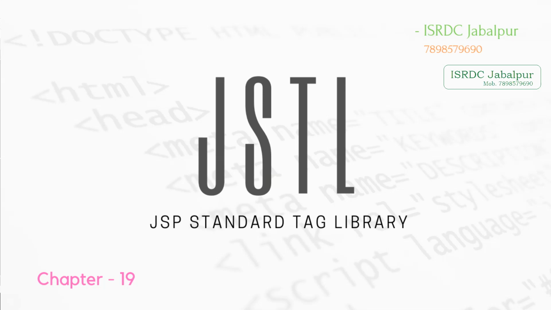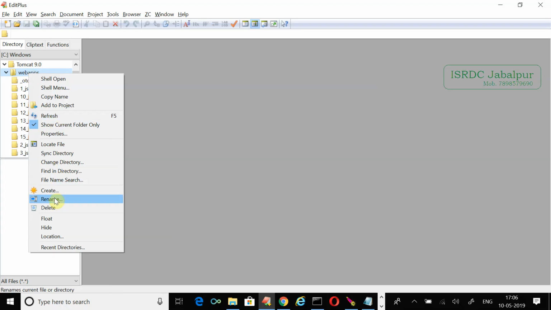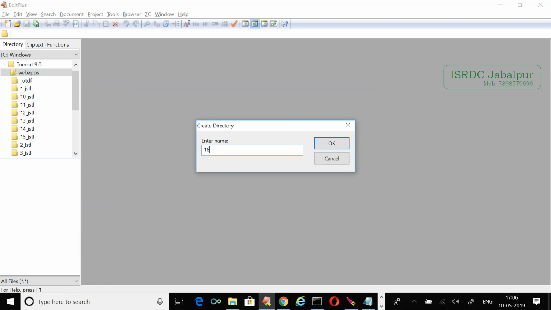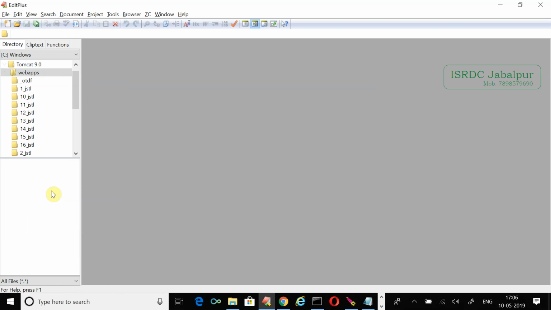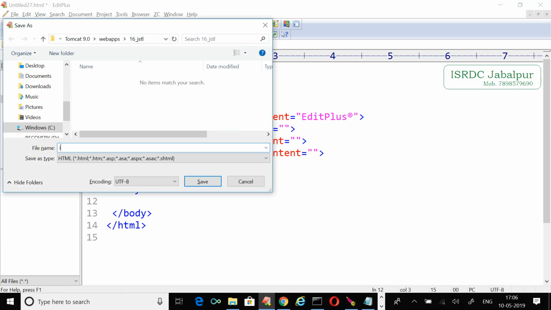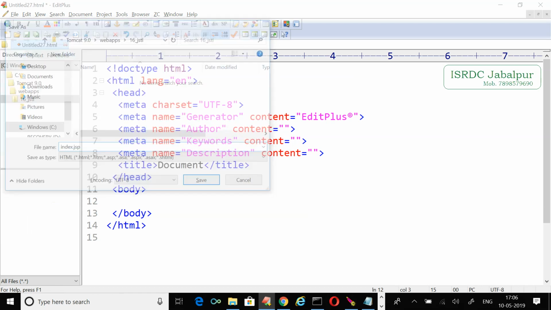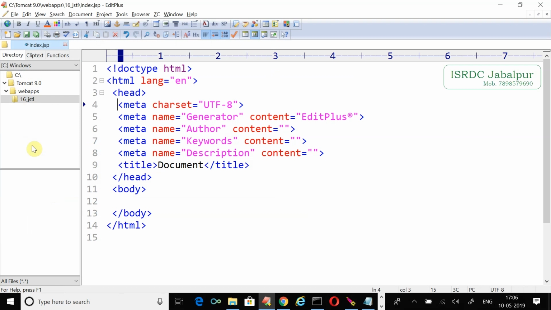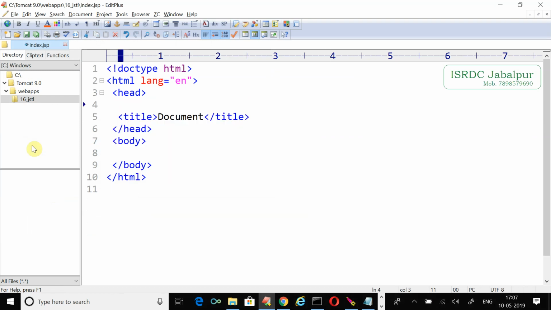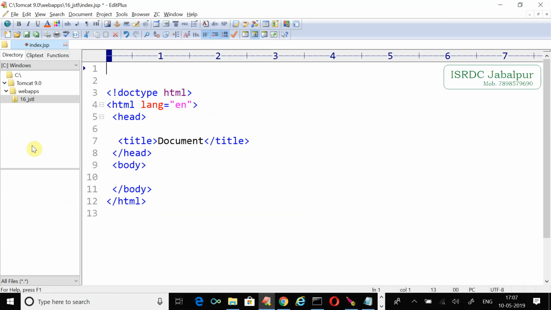Let's create another example. 16 JSTL. Open this application folder and create an index file, index.jsp. Now, before using the JSTL tag, first of all use the taglib directive,